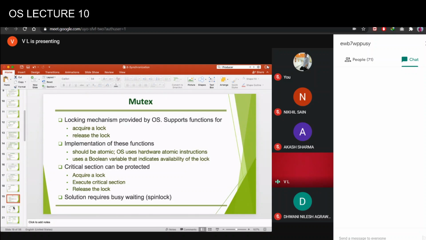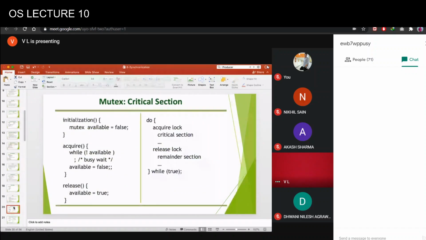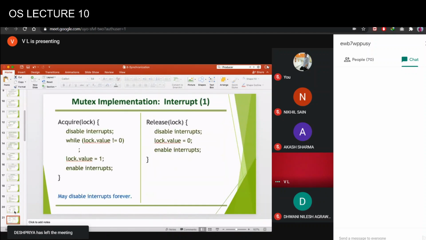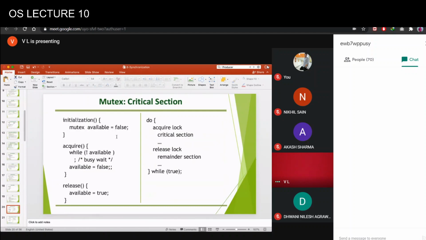Okay. Now let's look at the solution. Basically, initialization would be that we are using a mutex, which is available. Available is equal to false. And when we want to acquire the lock, we are checking whether available is true or false. If available is true, means some other process has acquired the lock, then this particular